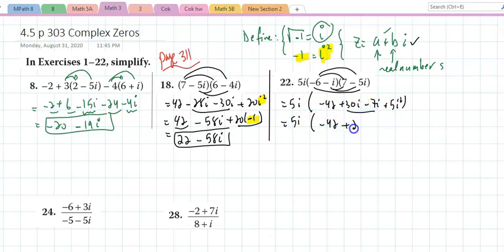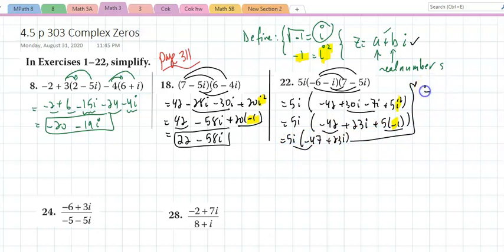This will give me a 23i, right? Plus 5 times, and again, i squared we replace by a -1. That is 5i times, and this is -42 minus 5, -47, plus 23i,